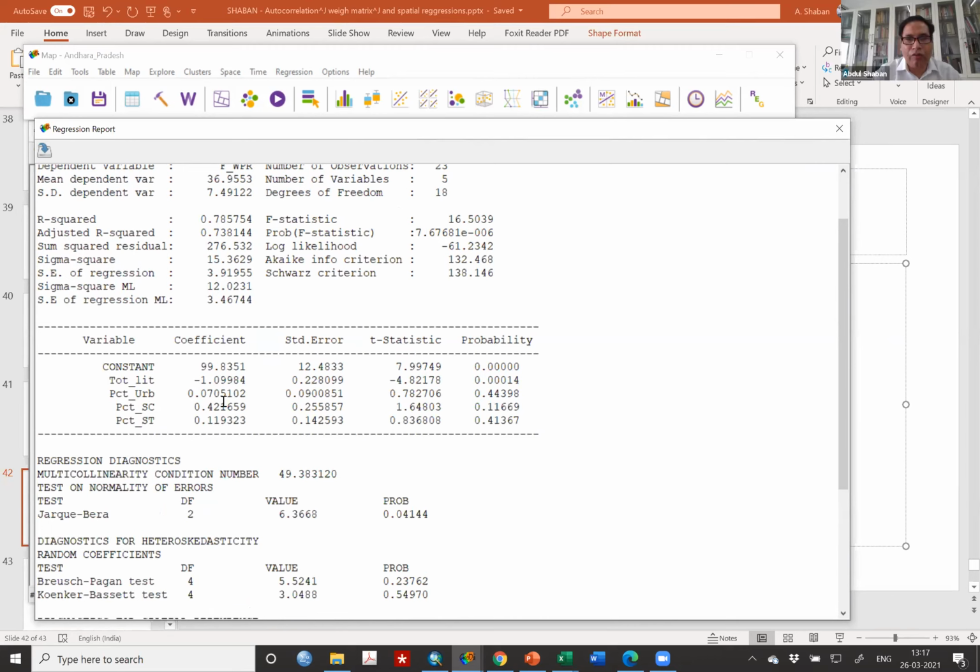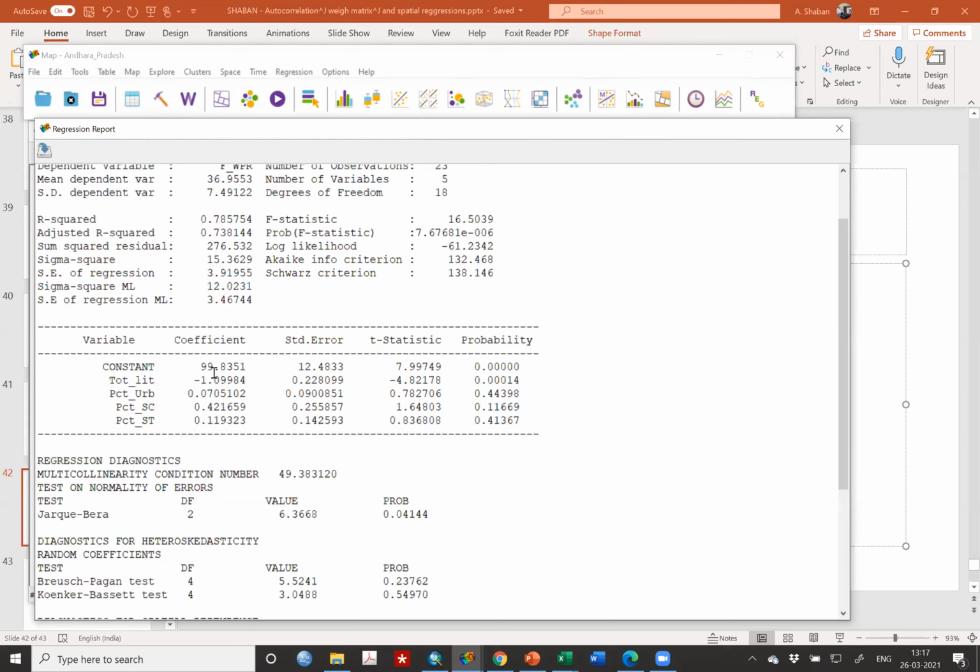This is not log, where you have to multiply by 100. All of you know now, when you take both side log, then you have to multiply by 100. Here it is already simple, and they are in percentage terms already. समझ रहे हो ना? So a 1% rise in total literacy leads to a decline of 1% in the work participation rate.